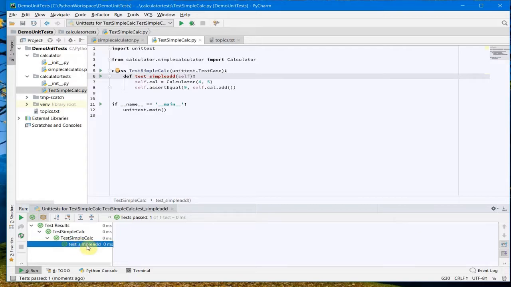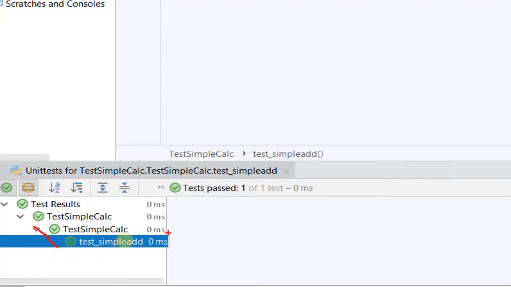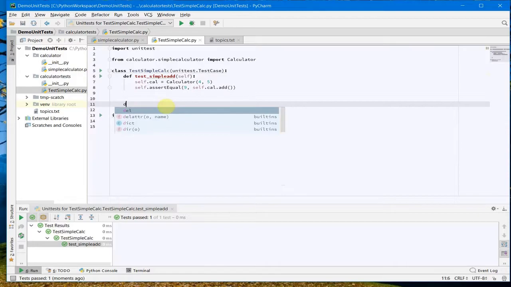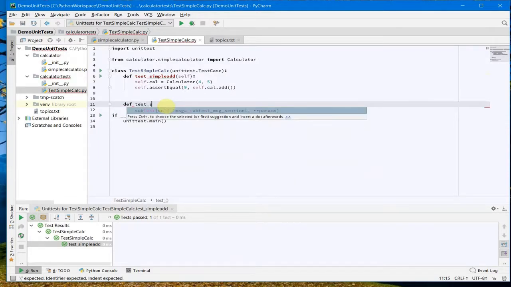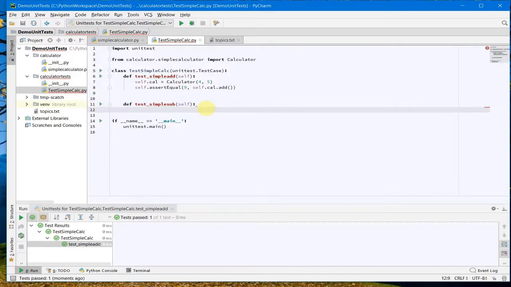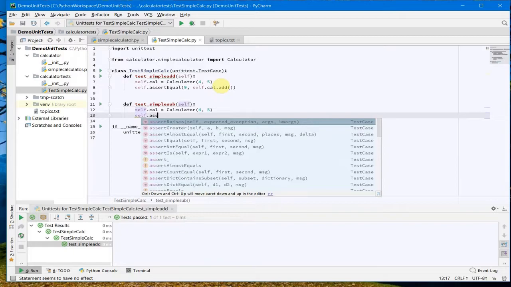So let me try to run this, run unit test, and looks like it's passed here. You can see it's green here, which means it's passed. So let me do one thing. Let me add another test, underscore simple subtract. Sorry, and I need to call this again here, and self.assertEqual,